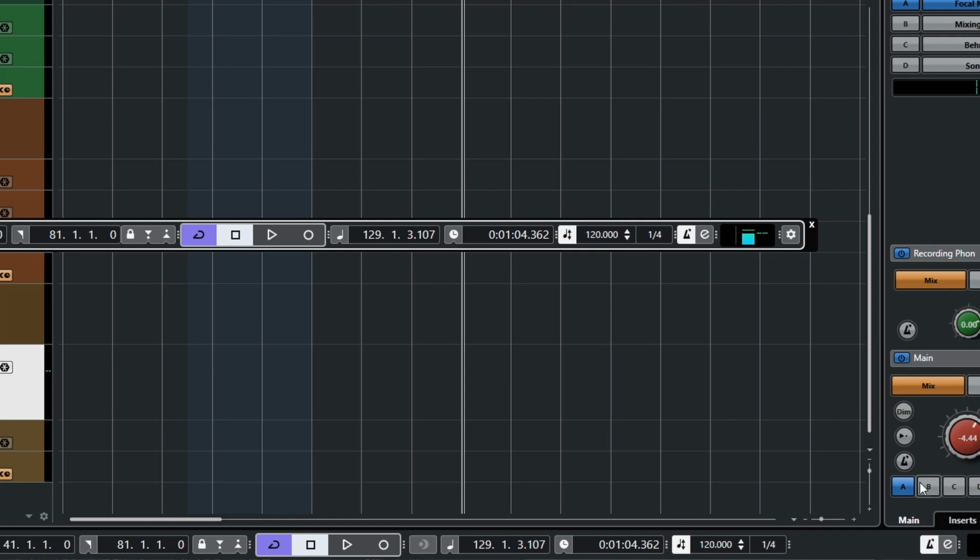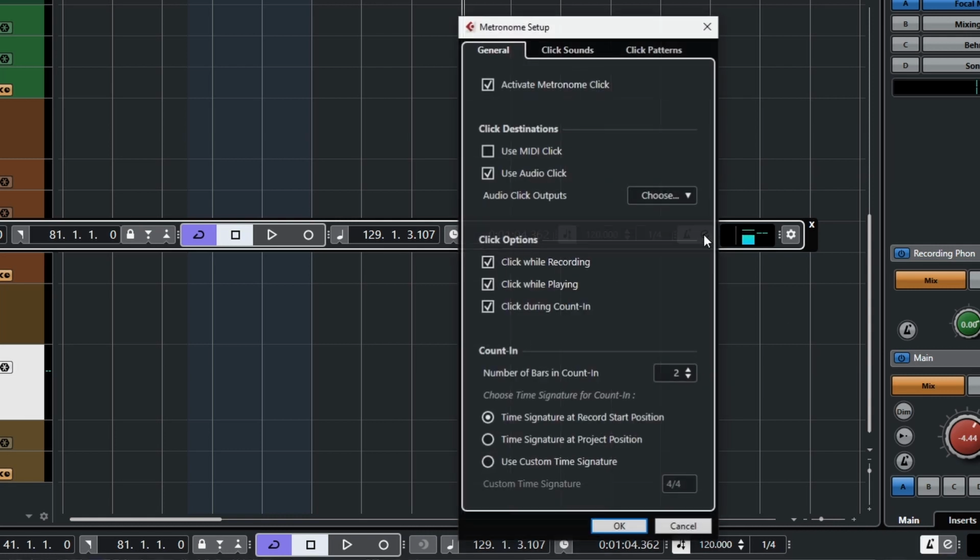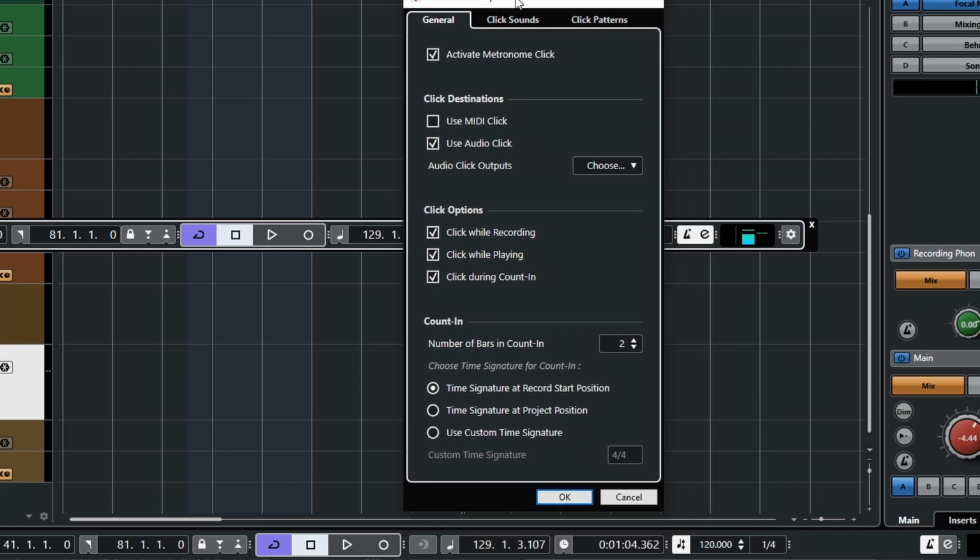Again, we can do it in different locations. We can even do it on the control room if we so choose, or we've got it down here on the transport control. This little E button here opens up our metronome settings, and in here we have lots of options like activate, deactivate. We can use a MIDI click,